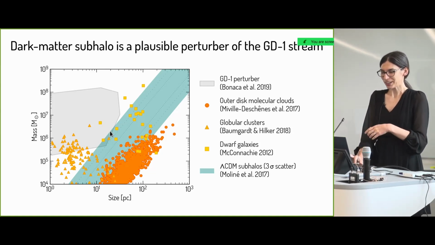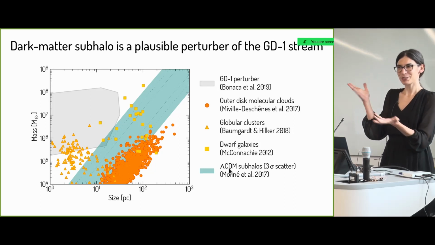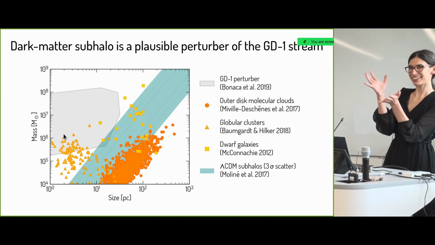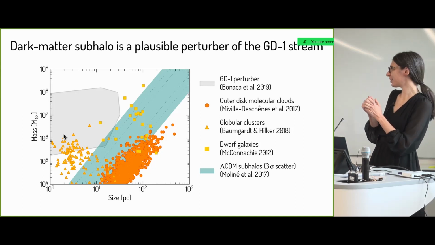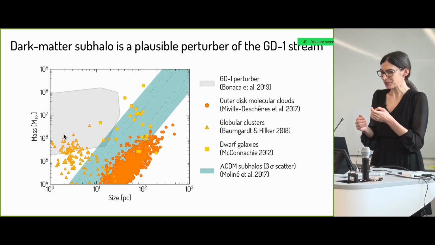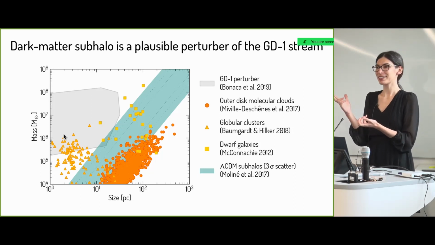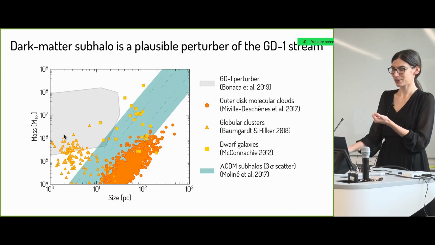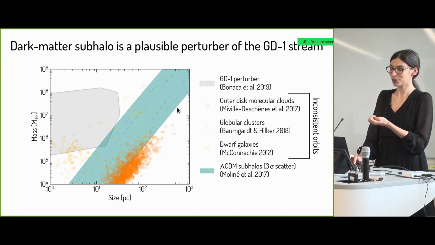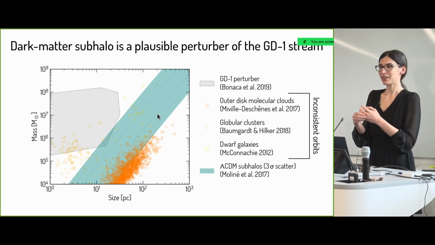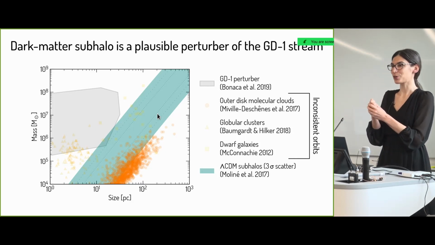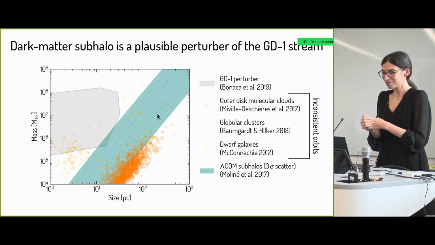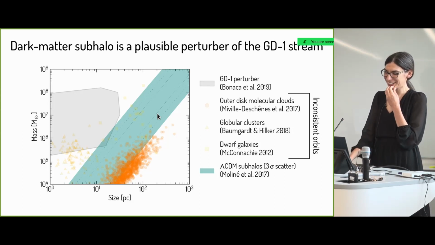And so looking at face value, you say, well, then clearly it must have been a globular cluster, which has the largest overlap with the allowed region. However, what Gaia allowed us is to calculate orbits of clusters back in time. And by doing that, we found that none of the clusters, nor dwarf galaxies actually, came close enough to the stream to be able to make this sort of signature. So then we are left with a puzzle.